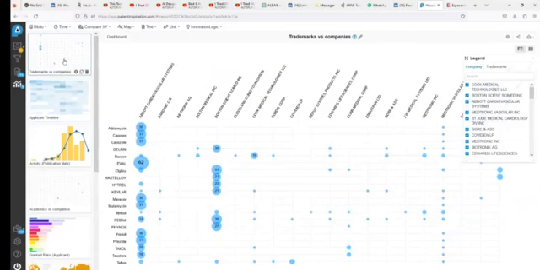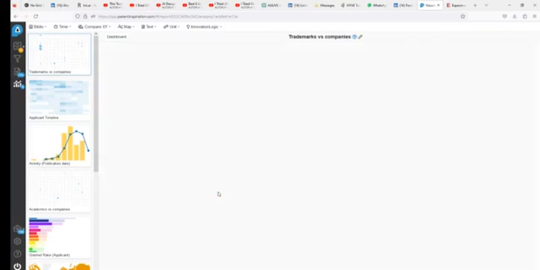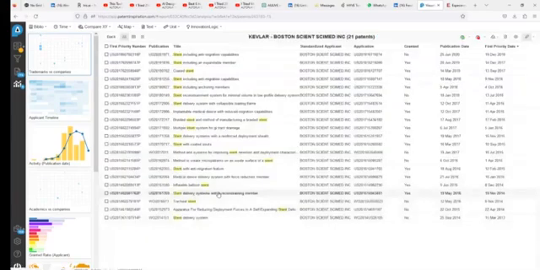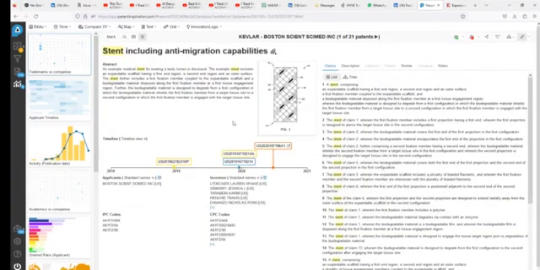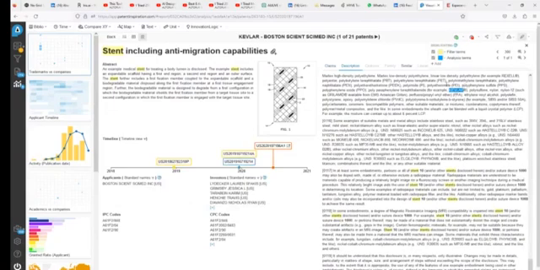I have trademarks, whereas on the x-axis I have companies. So here you can choose, for example, Kevlar, and see that Kevlar is used as a material in Abbott, but also in BARD and also in Boston Scientific and so on. So again, you just click on them, and then you can see in your patents, say you take your stent, including anti-migration capabilities, where your Kevlar is. You just click here on analysis terms, the ones in the search, and you will find Kevlar